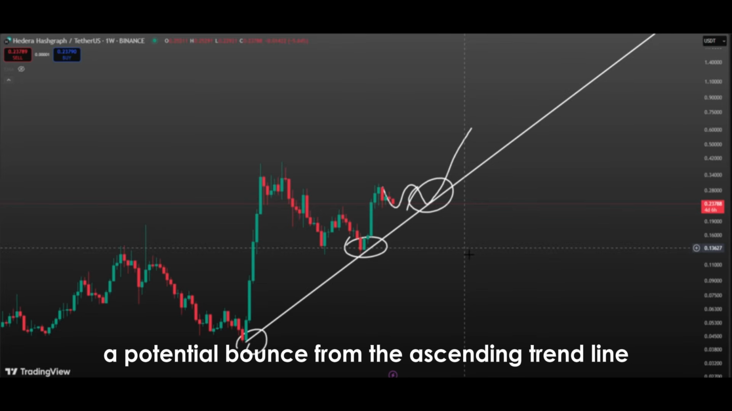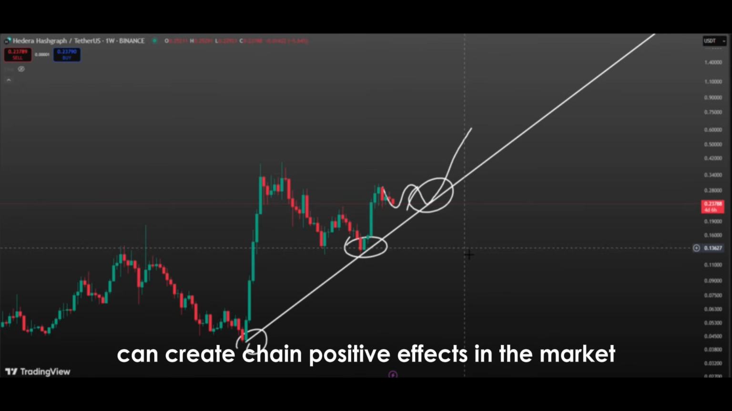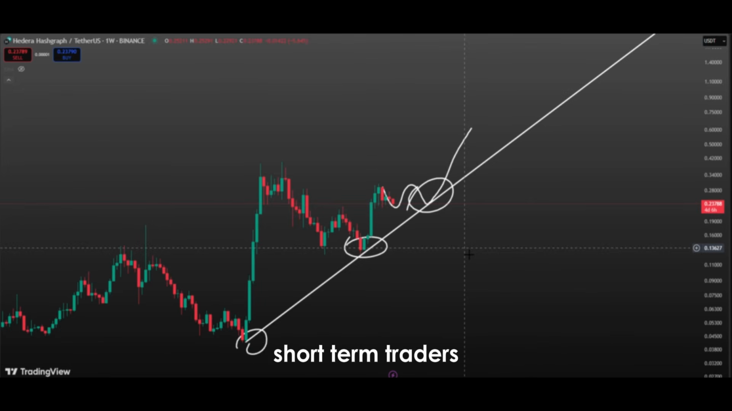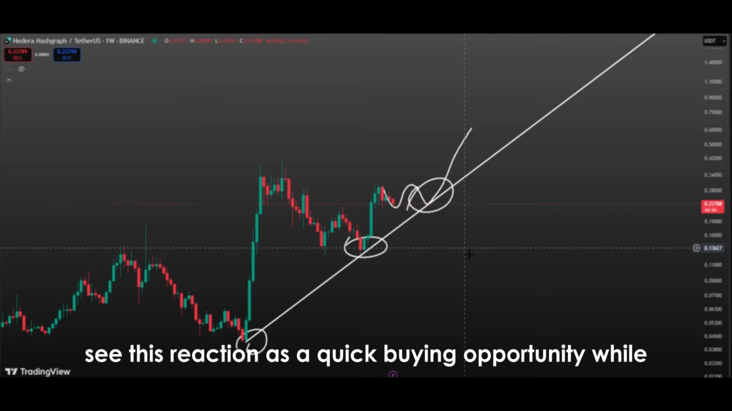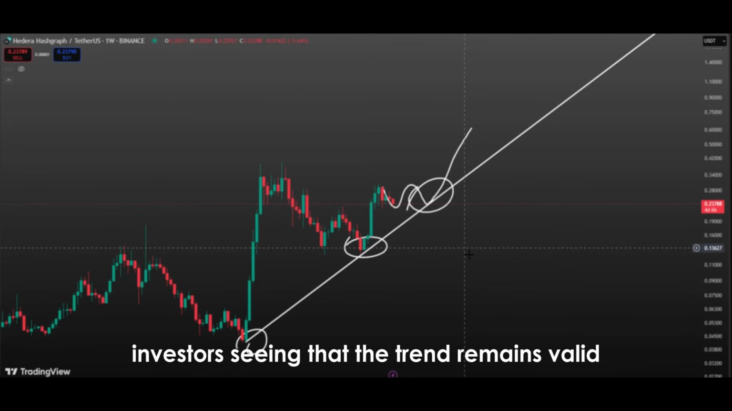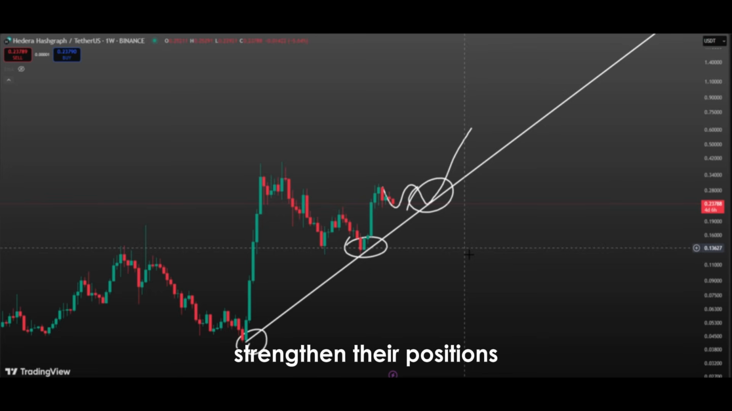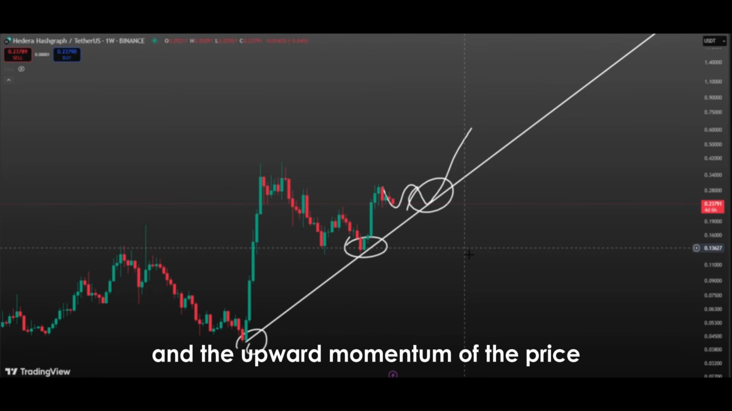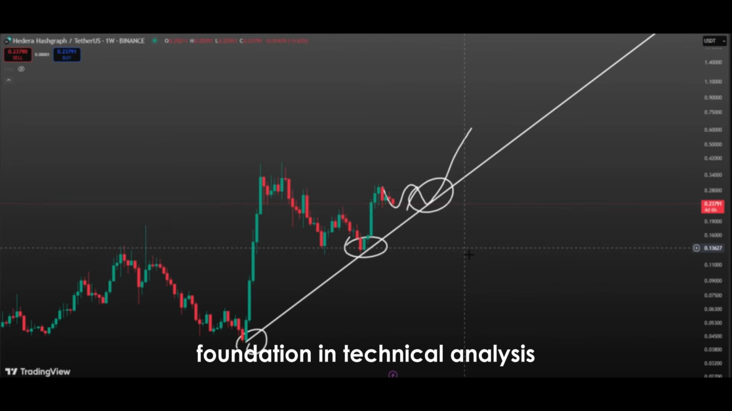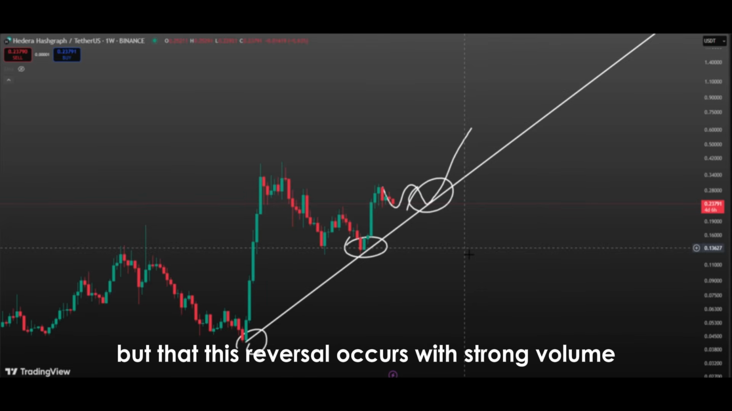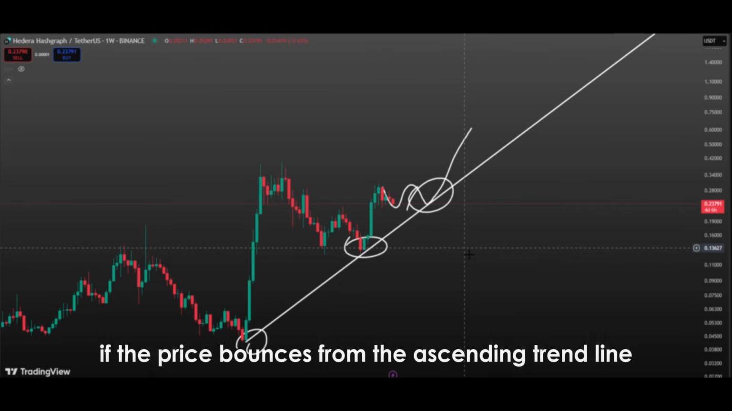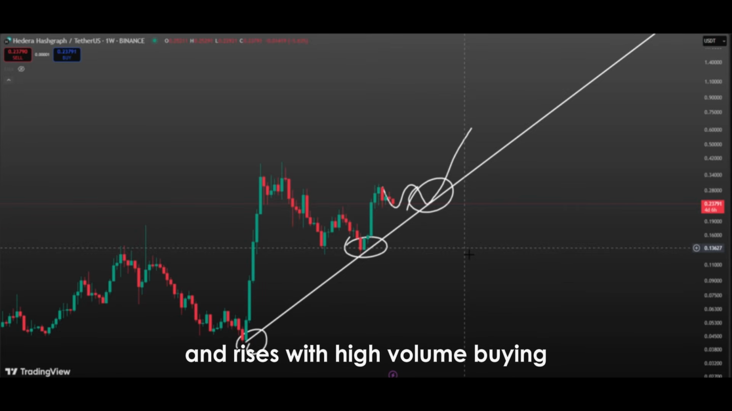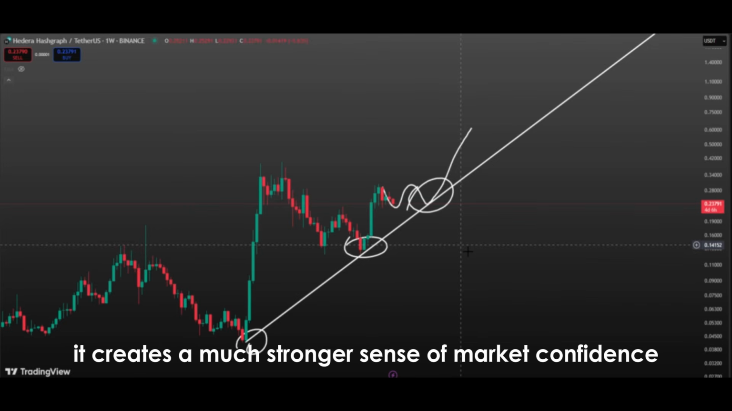A potential bounce from the ascending trend line can create chain positive effects in the market. Short-term traders see this reaction as a quick buying opportunity, while medium and long-term investors, seeing that the trend remains valid, strengthen their positions. This increases both trading volume and the upward momentum of the price, creating a stronger foundation. In technical analysis, one of the most important aspects is not just that the price reverses from a certain level, but that this reversal occurs with strong volume support. If the price bounces from the ascending trend line and rises with high volume buying, it creates a much stronger